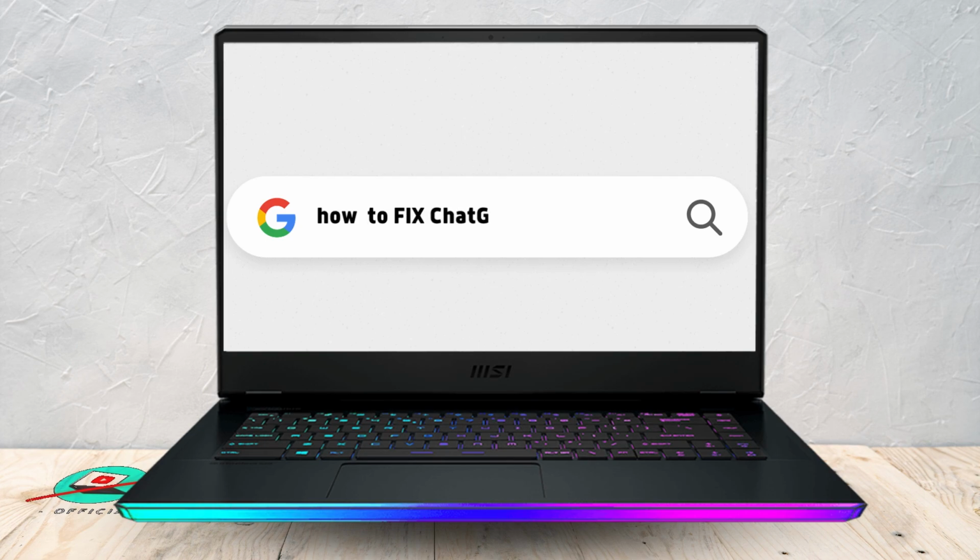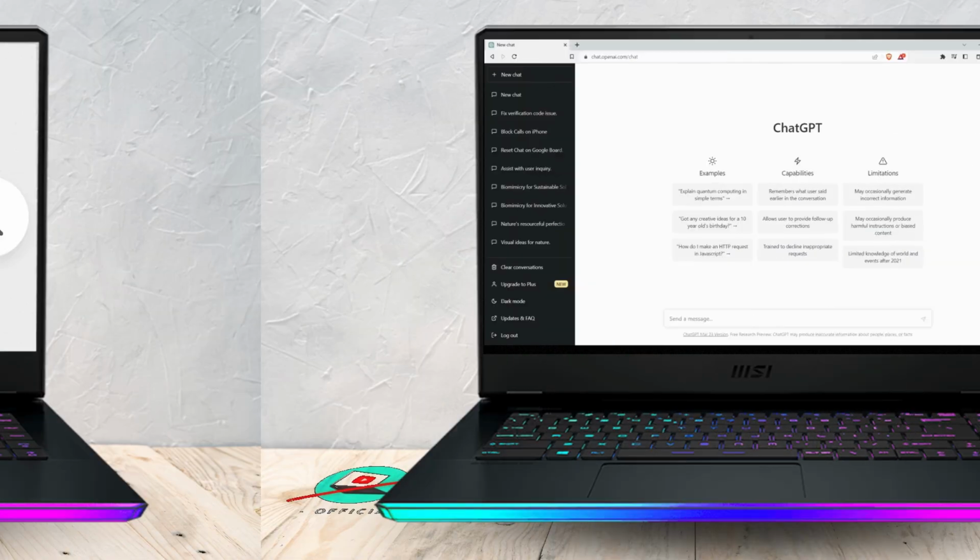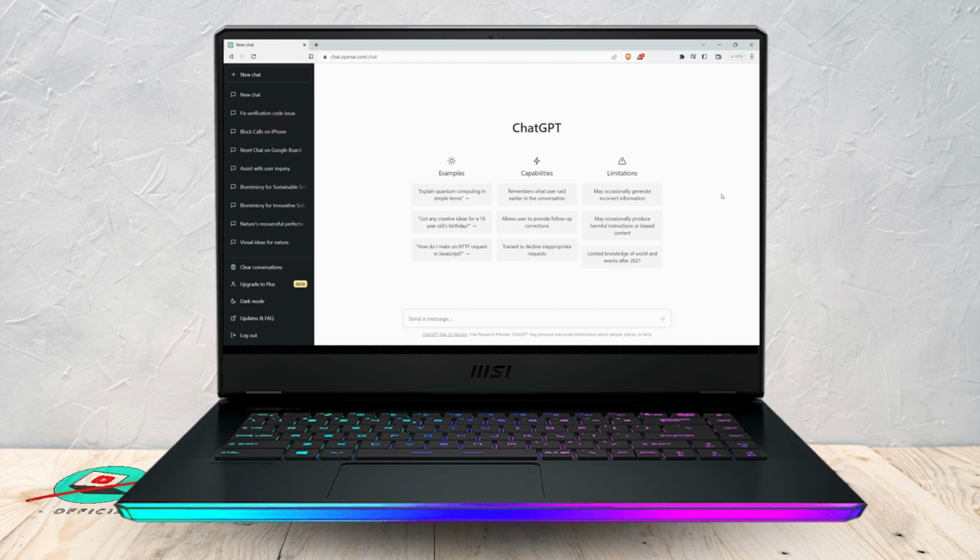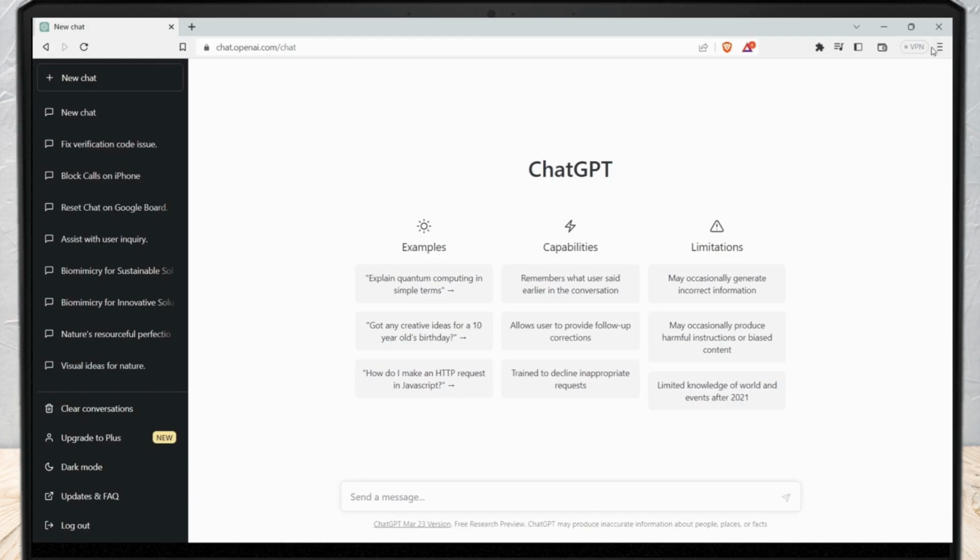How to fix ChatGPT Access Denied. Since I have already fixed my problem, you will not be able to see that Access Denied problem here. But what I can suggest is, the first thing that you need to do is to click on this